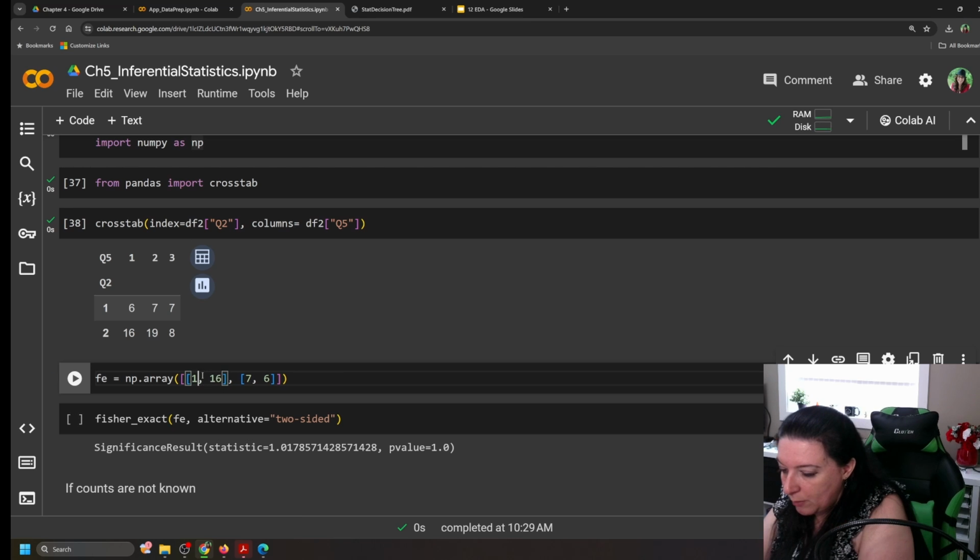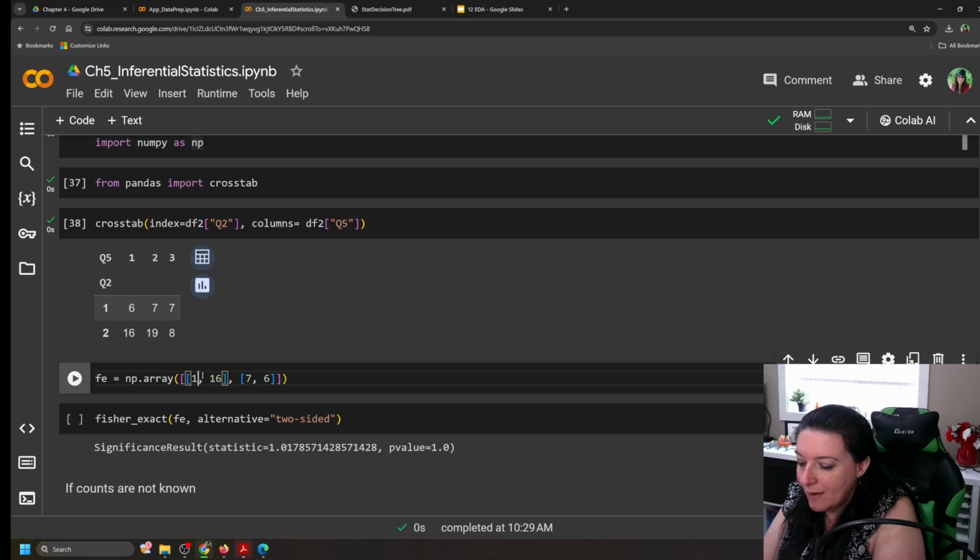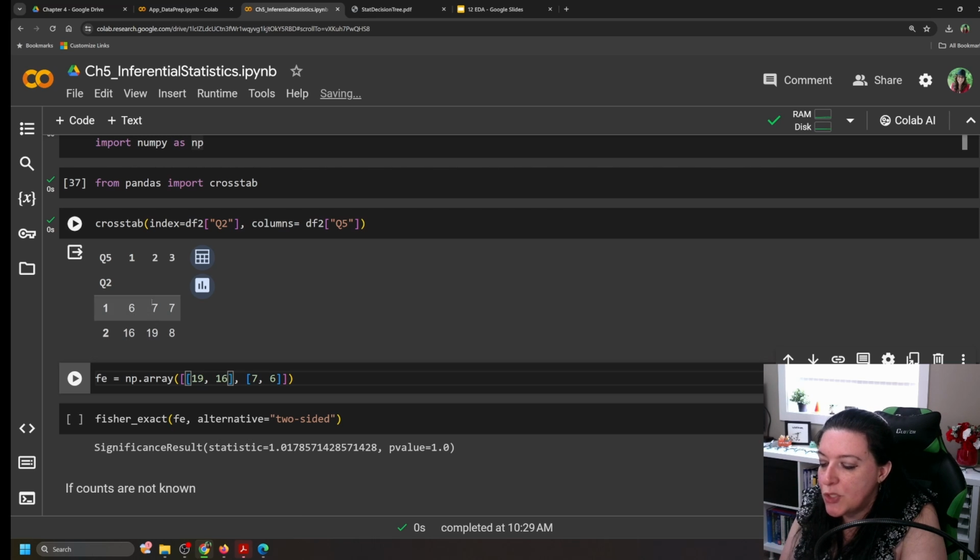If that makes you feel a little better, you can do it that way. It's up to you. But it really has to just be a 2-by-2 table where within the hard brackets, that's one group. So that's the full-time here. And then within the next brackets is the part-time. So if we load that in,